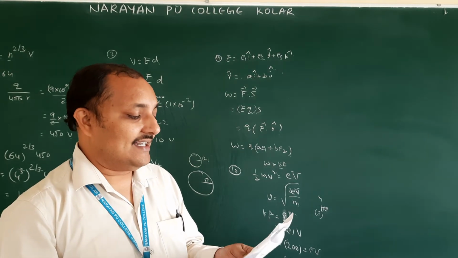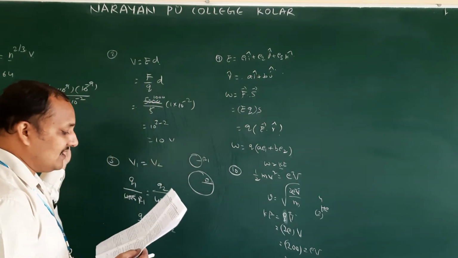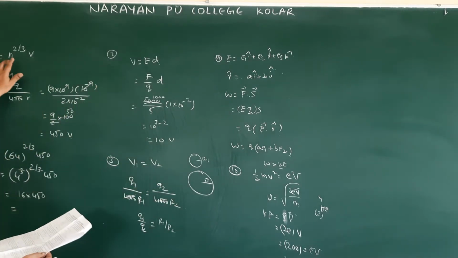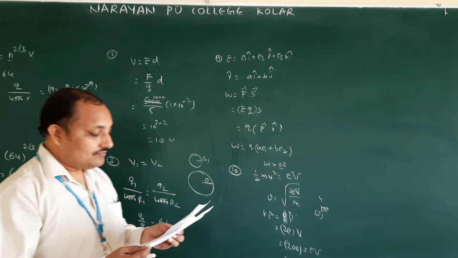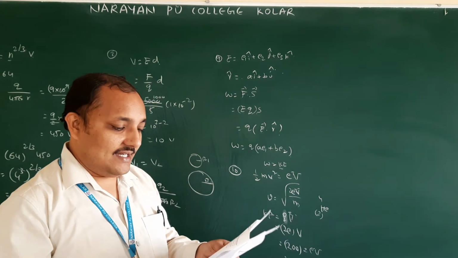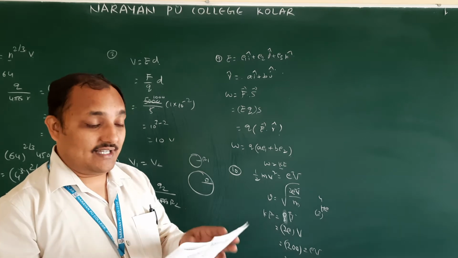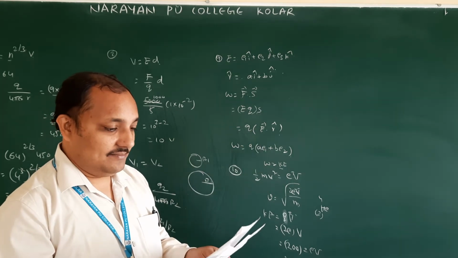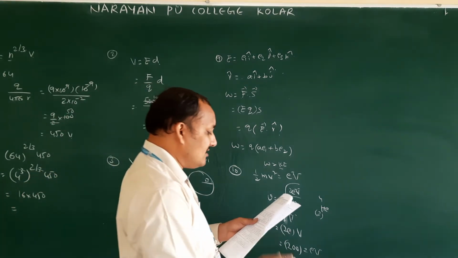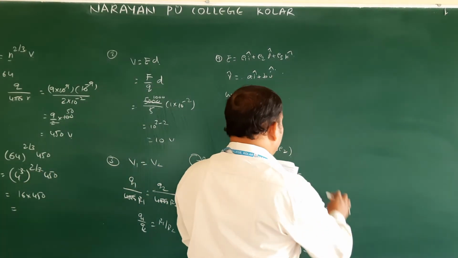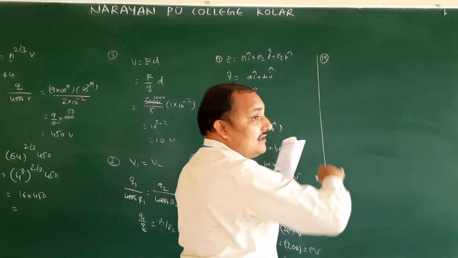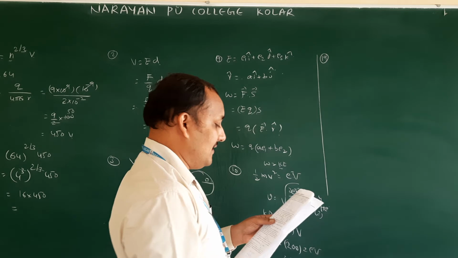Next, the 13th one, on the first model, the same, but here they are asking capacitance. The capacity formula you have to use. Next, remaining all we discussed in our material. Next is the 19th one. I will give the key at the end. Remaining all are in our manual, already we discussed, therefore I am not solving.